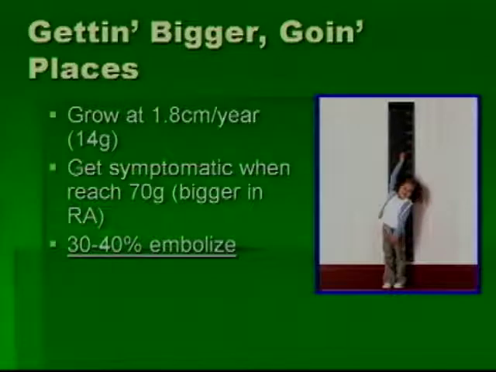They do grow at a somewhat fast pace every year, on average, of course. There's a lot of variability. 1.8 centimeters per year equates to about 14 grams. They get symptomatic in general, and of course this depends on the size of the patient and the size of the heart, when they reach about 70 grams. They can get much larger in the right atrium before they're discovered, because there tend to be fewer alarming symptoms from right atrial myxomas compared to left atrial